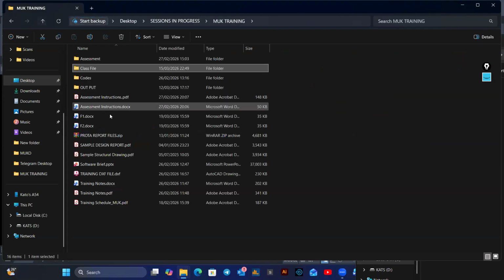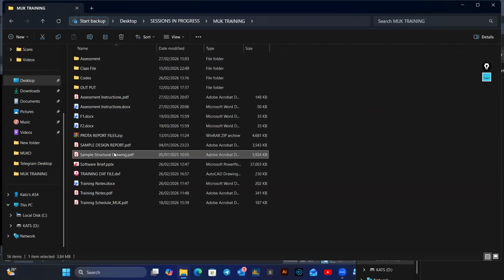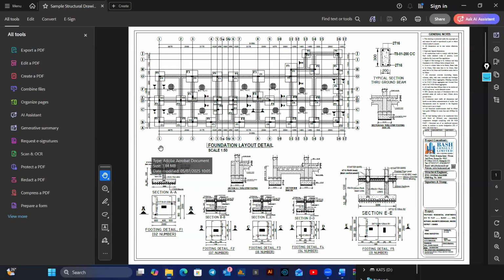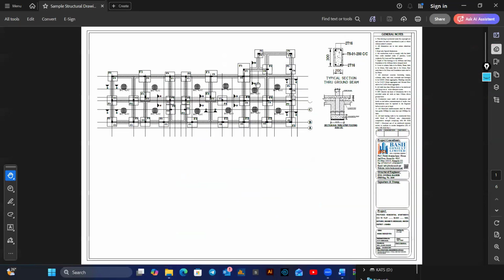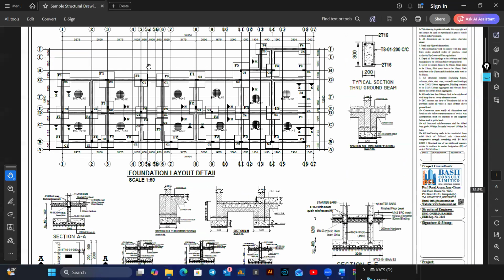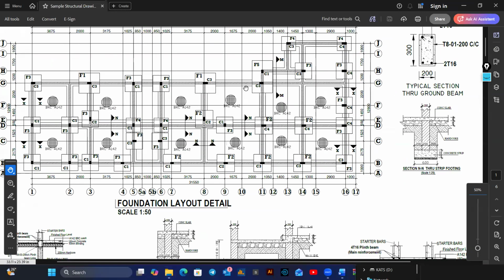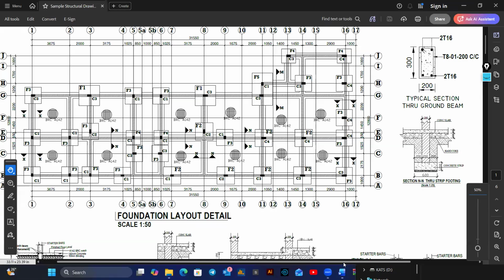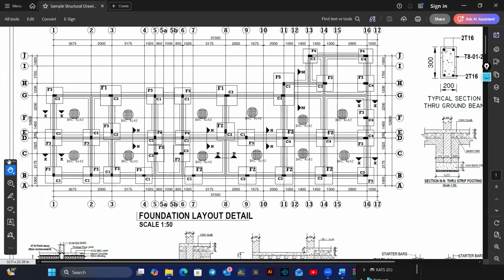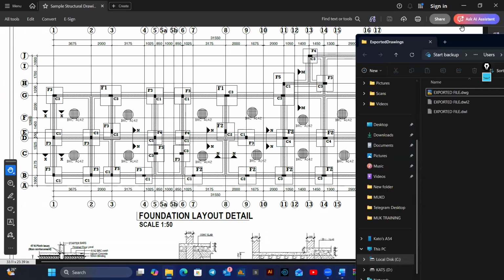When you check that folder that I shared with you, there are some sample structure drawings. So let me open that. Now, you'll be required to create one, which is going to be the foundation layout. This foundation layout, you're going to organize it based on the plinth beam level. Okay. So in our details,